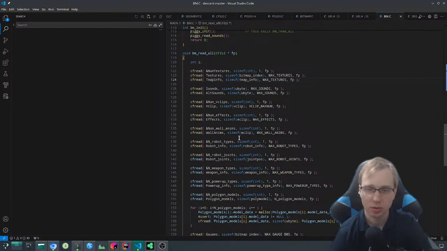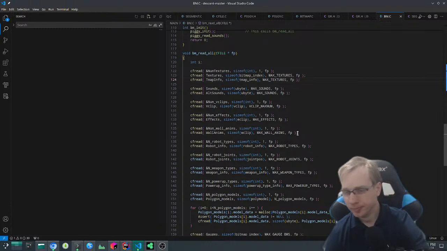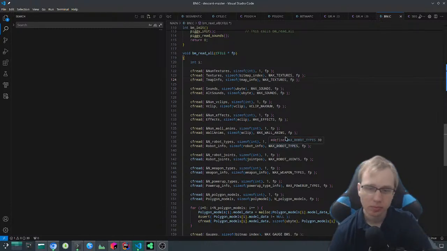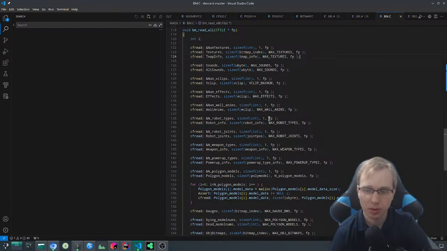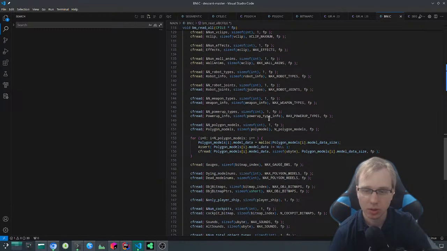Effects, wall animations. Robot joints, weapon types, power-ups, polygonal models, gauges, dying model numbers, dead model numbers,